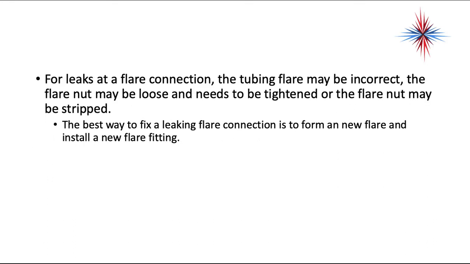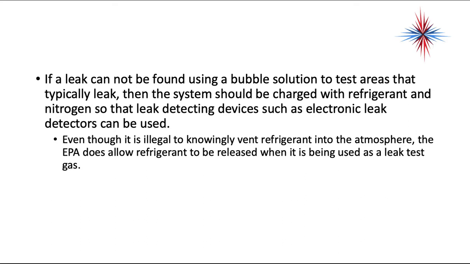For leaks at flare connections, the tubing flare can be incorrect, and the flare nut may be loose and need to be tightened, or the flare nut may be stripped. The best way to fix a leaking flare connection is to cut the old one off and form a new one. If a leak cannot be found using a bubble solution to test the area that's typically leaky, then the